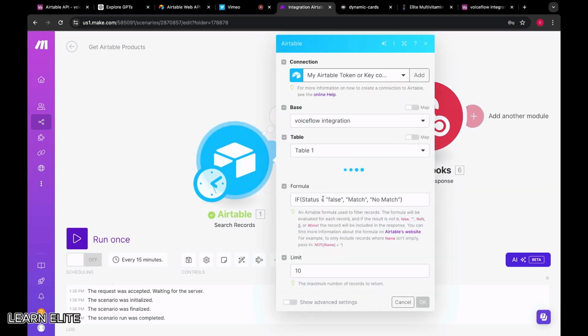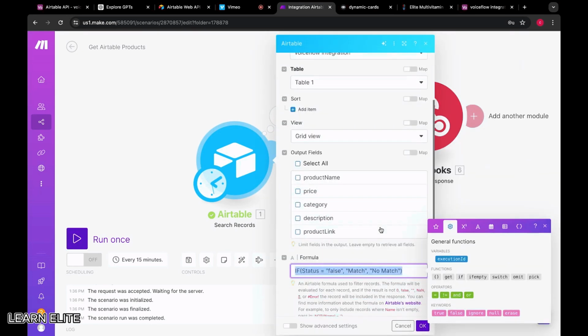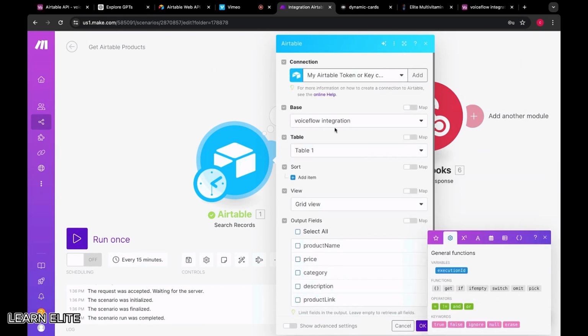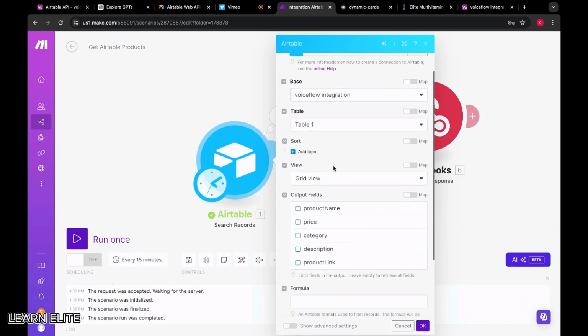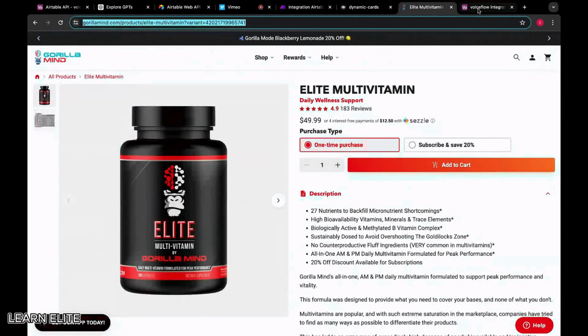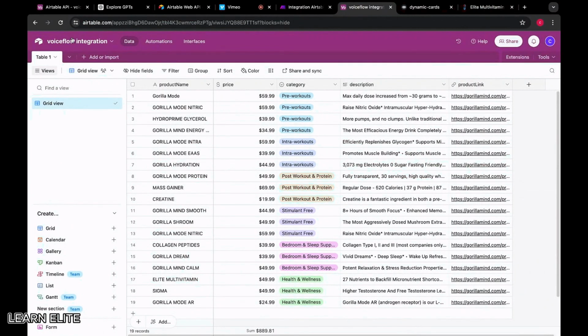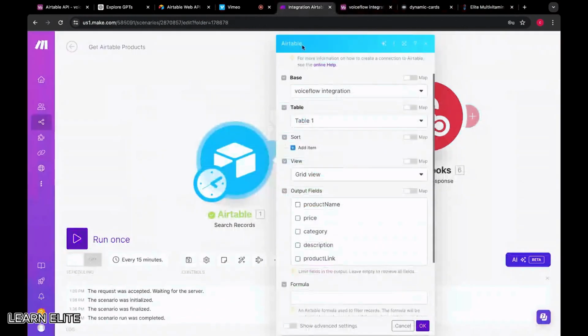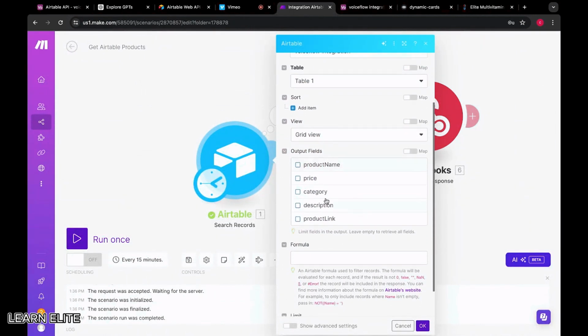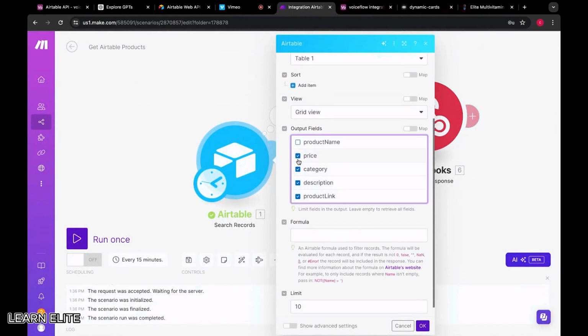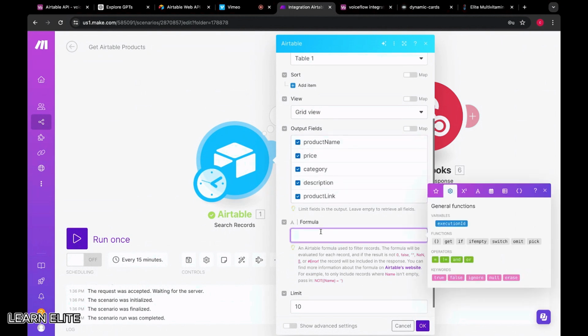What we want to do is see what type of filter works. Right now I've selected my table. It's called VoiceFlow integration, table 1, just to confirm that. You can see that here. And we're going to do a grid view. Output fields, we want to select all of these. Formula,